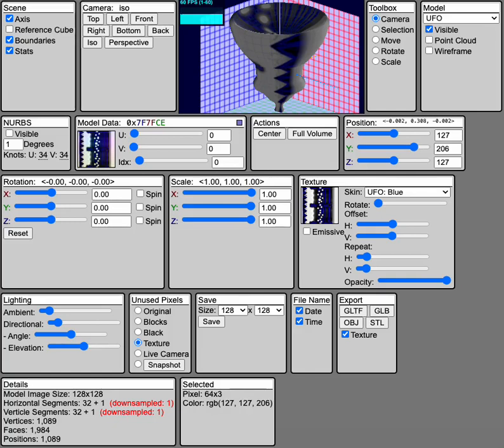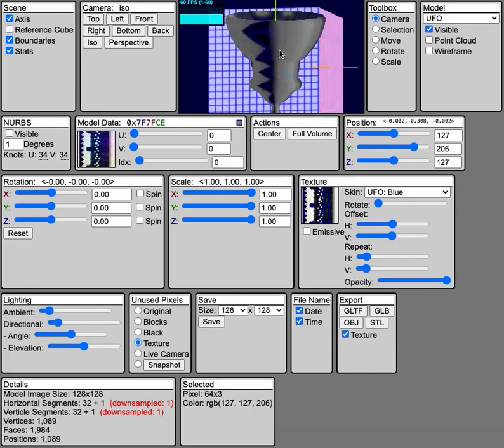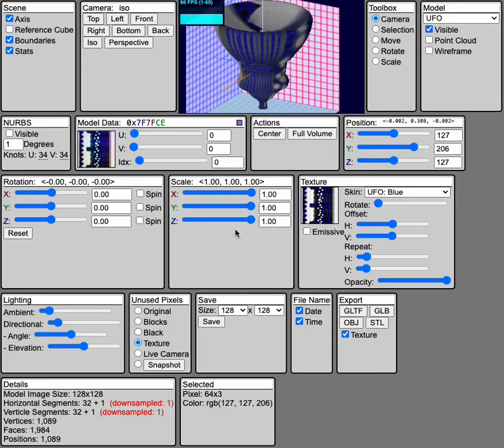Today's update should be fairly simple. There's not much in terms of what you see, more or less of what you can download. You can now see that I have a save group, a file name group, and an export group. That means I can actually download a file for